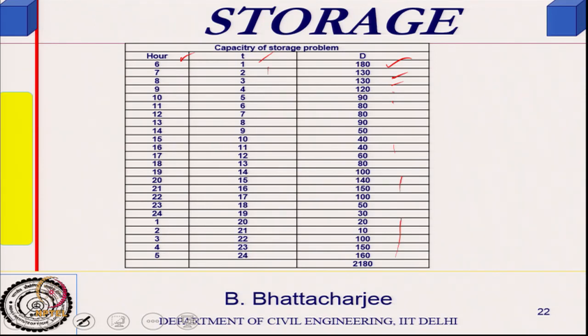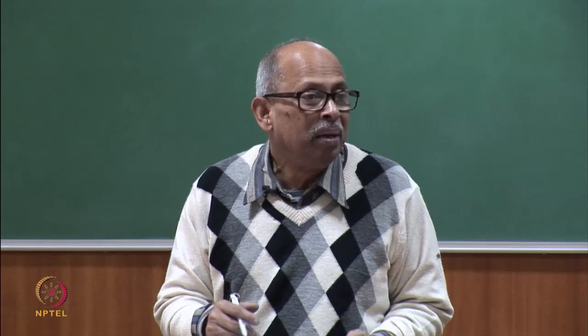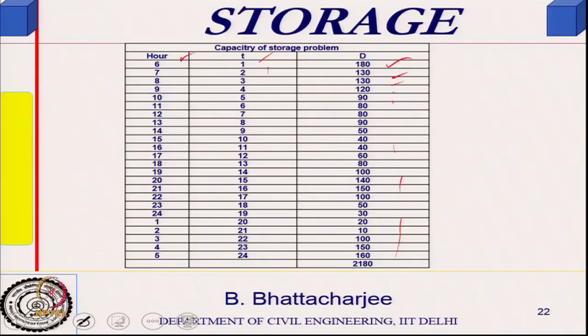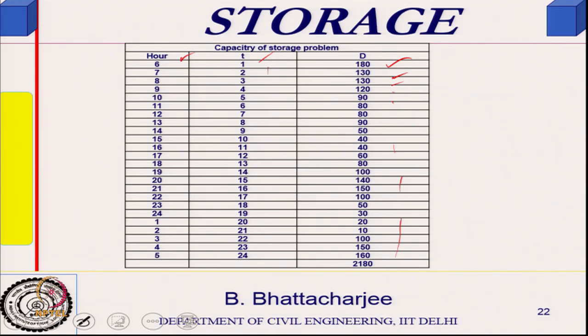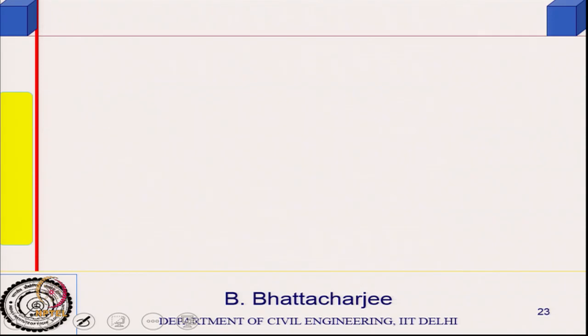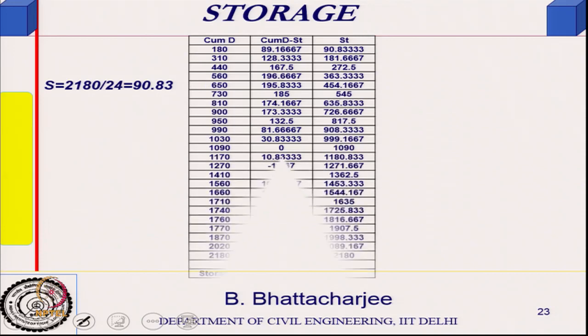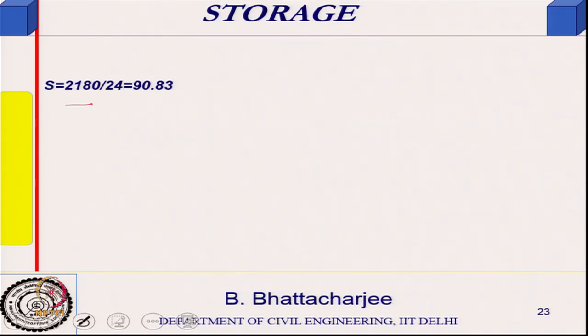It could be hot water supply, or hot water supply cannot be like that, maybe cold water supply or something whose rate is known to me in some unit. I want to find out the optimal storage and best supply rate. So, first you accumulate the sum total of all this demand, because it is 1 hour each. So, 180 into 1, etcetera, and you get 2180 units. So, the minimum constant supply rate would be simply 2180 divided by 24.